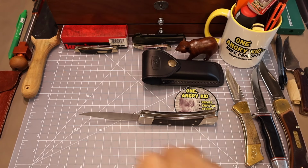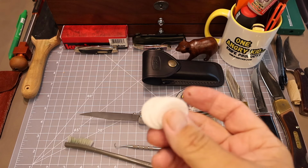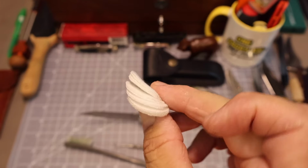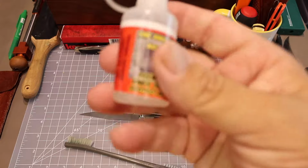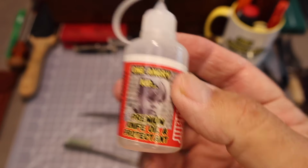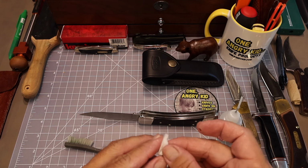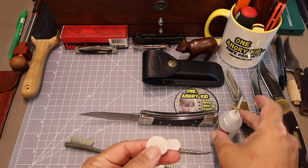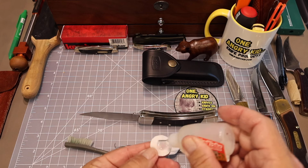Alright, so I grabbed my gun cleaning kit, and I got me a little pick there, a brush, and some 22 caliber cleaning wads. We'll try these. I had some 12 gauge patches in there too, but I'm just going to use that. I'm going to take some of my One Angry Kid knife oil, grab one or two of these, and put some oil on there, get a little wet,